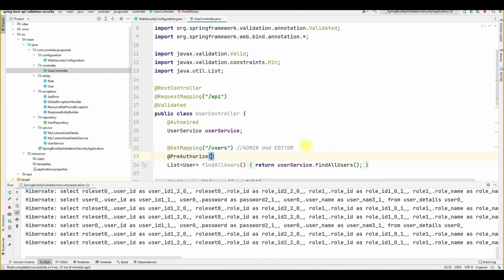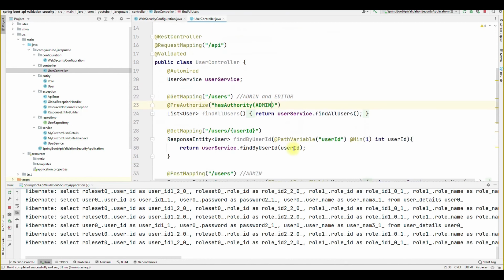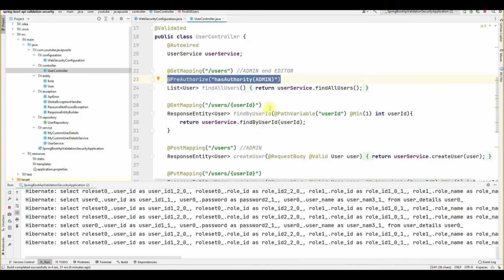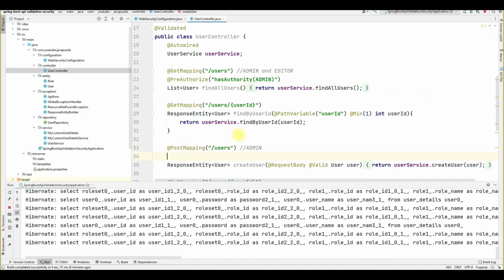Inside it we have to pass hasAuthority, and inside it we have to pass admin. Okay, and inside here, Postman.